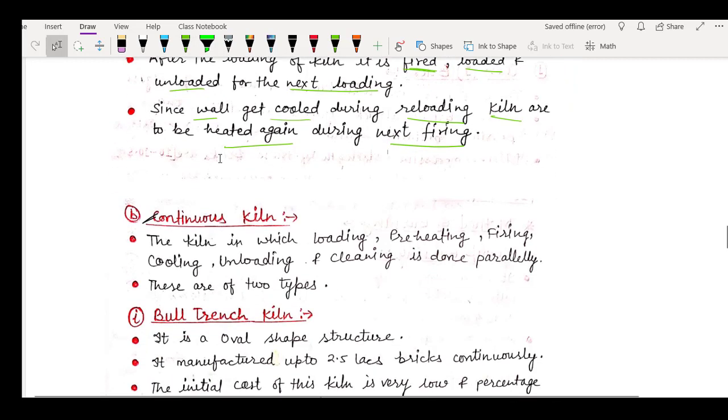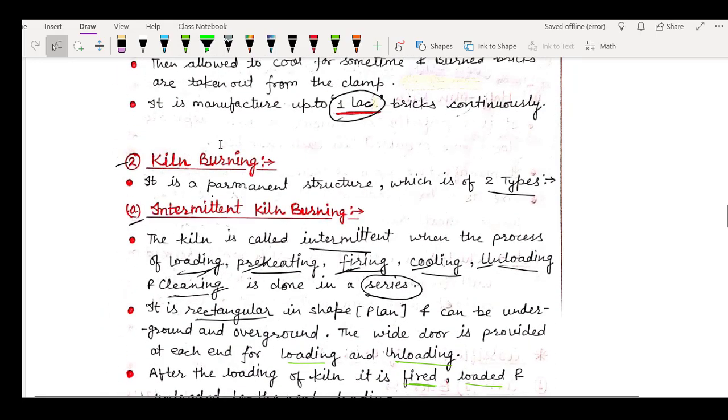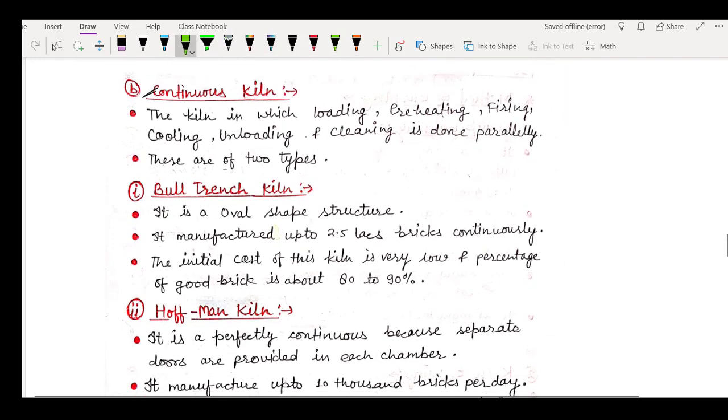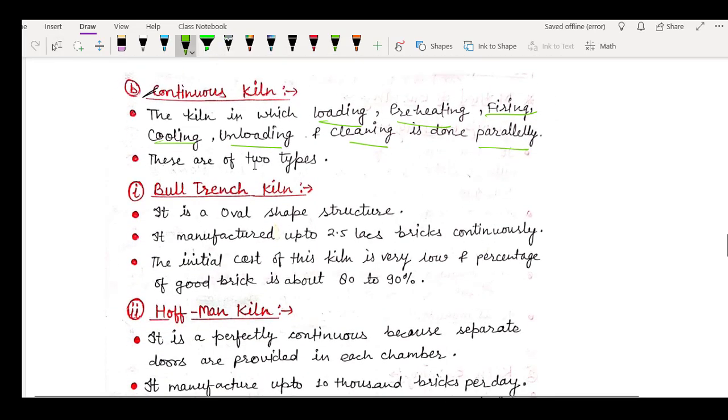After this, the other type of kiln burning is the continuous kiln. As the word suggests, it is continuous. It means loading, preheating, firing, cooling, unloading and cleaning are done parallelly, whereas in intermittent kiln burning it was done in a series. So in the continuous kiln it is done parallelly. It is further of two types. First is